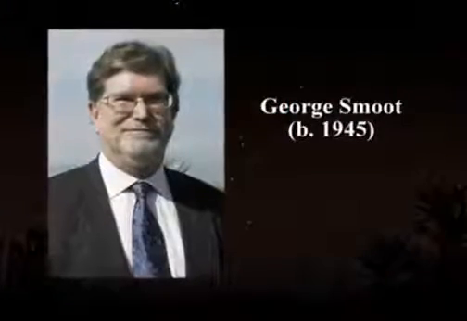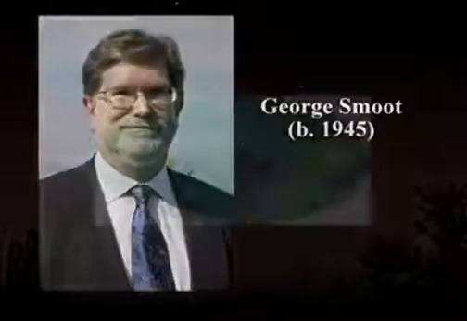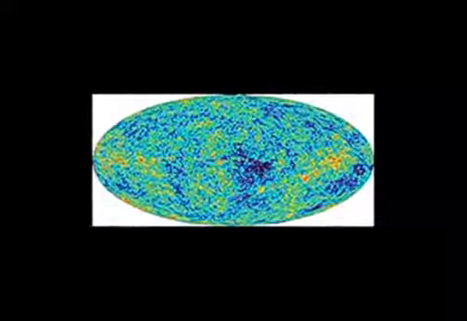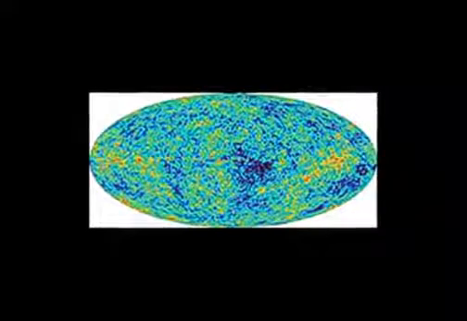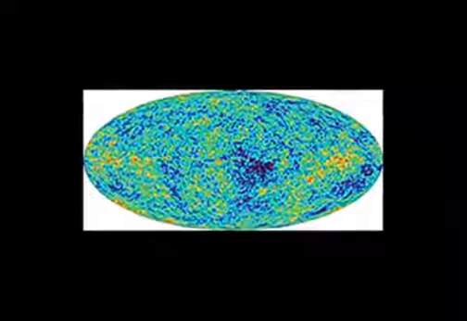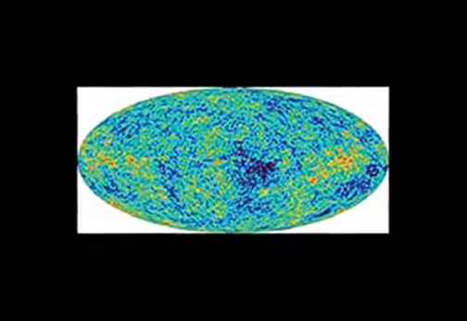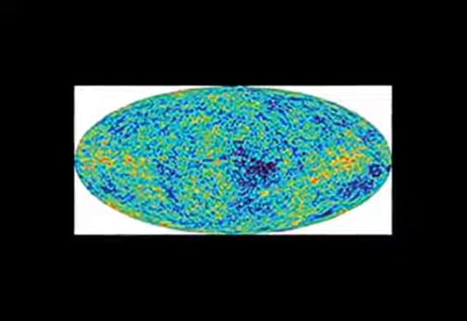There's a very famous picture that many of you will have seen that was published in 1992, and it was associated with the work of an astronomer, George Smoot, and his team. They constructed a very famous graphic of the early universe. It looked like a cosmic egg, which was nice, and I'm sure not accidental. But what it really did was show the results of meticulous studies of tiny differences in the temperature of the cosmic background radiation. You may remember that picture.